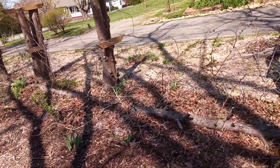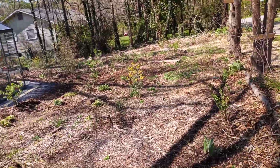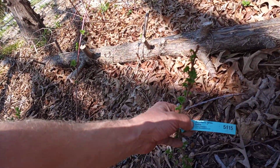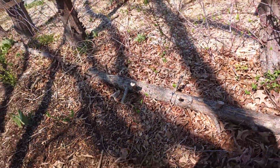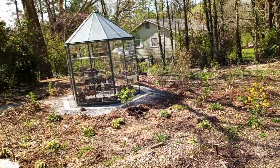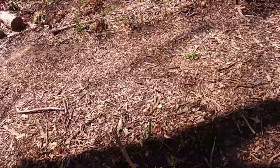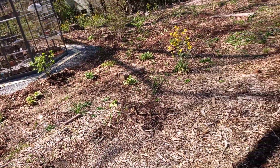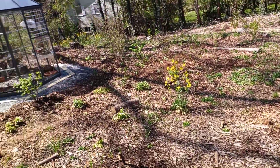Losing track here. So, oh, I lied. I fibbed. I paid for this one. It's a white gooseberry. But other than that, it's all from cuttings like this elderberry. It's perennial leeks, irises, the bulb divides,